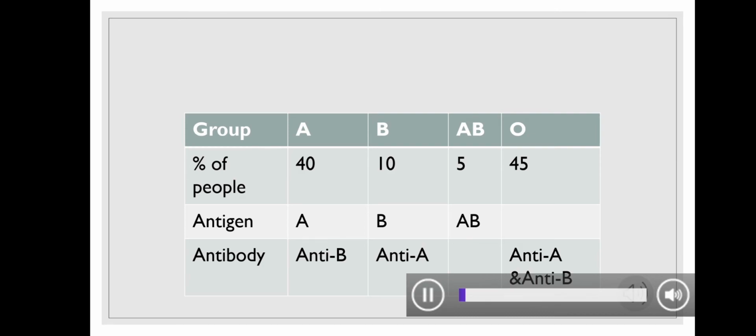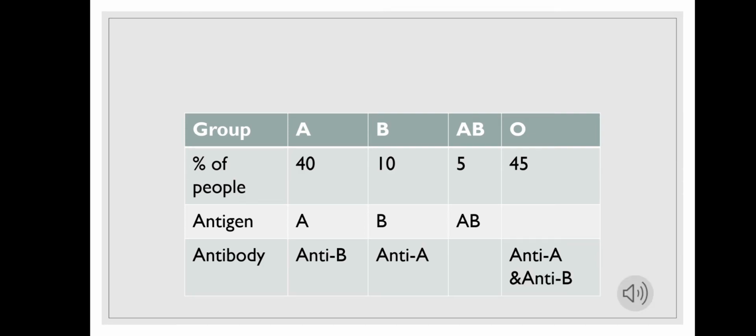دلوقتي ايه هما البلاد جروبس اللي هما ال A وال B وال AB وال O؟ اول حاجة ال A جروب، وده بتبقى نسبته 40%، والانتيجين اللي بيبقى موجود هو ال A، اما الانتي بودي اللي بتبقى موجودة هي الانتي B، وده اللي هو عكس الانتيجين اللي مش موجود. البي بقى بيبقى العكس، الانتيجين اللي بتبقى موجودة هي البي، اما الانتي بودي اللي بتبقى موجودة هي الانتي اي، وبتبقى